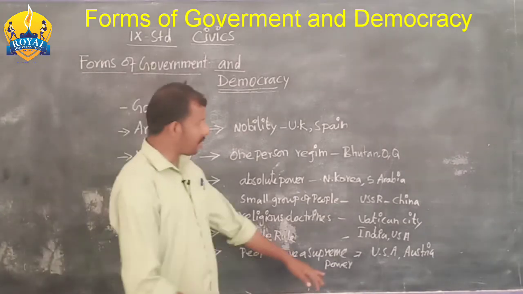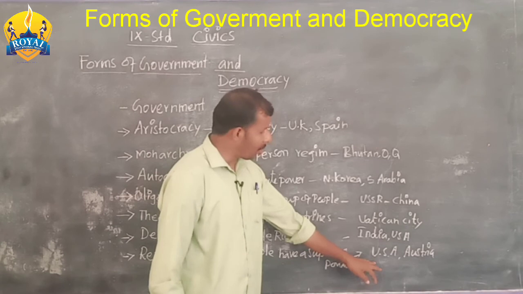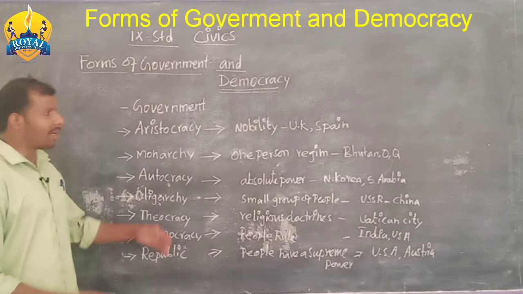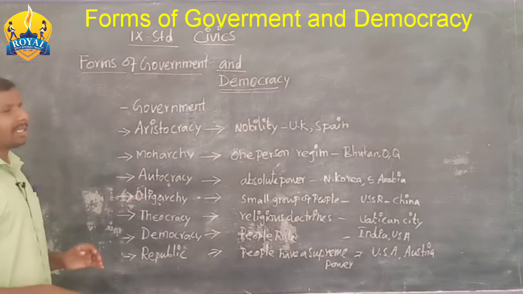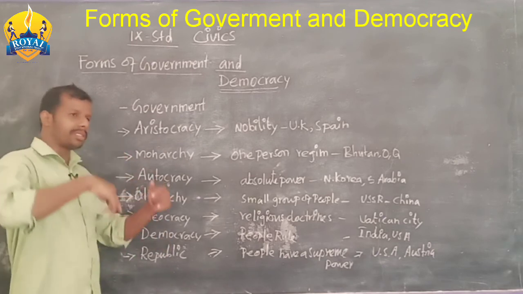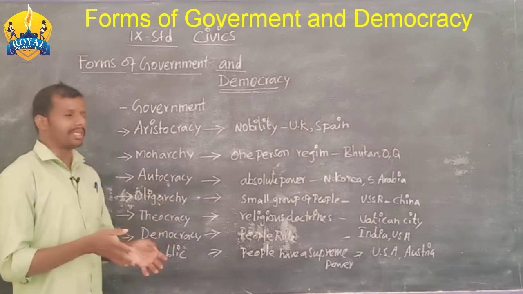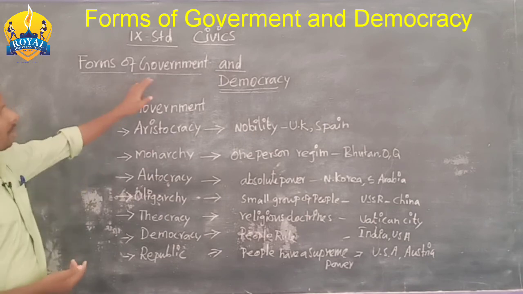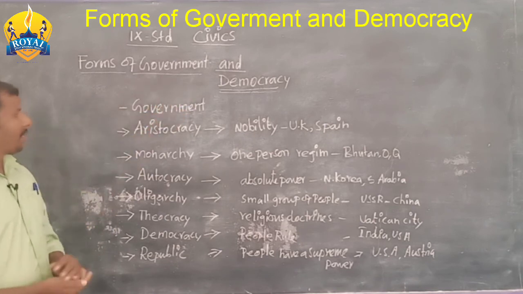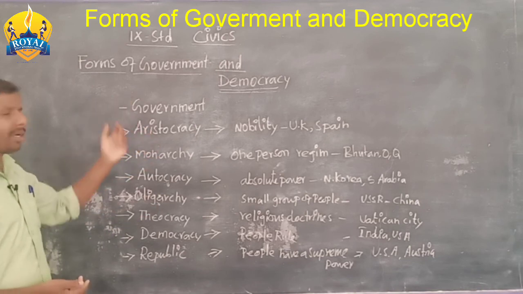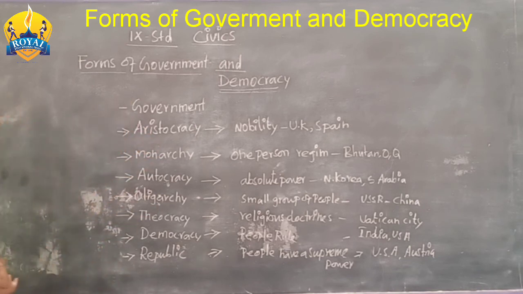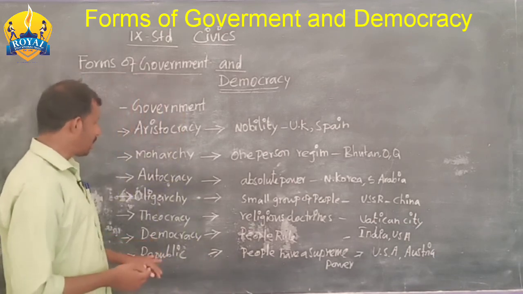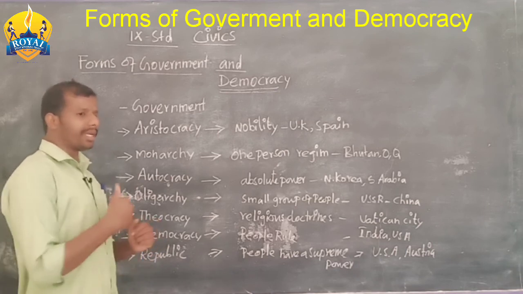The republican form of government is followed in the USA as well as Austria. Okay, so these are all the forms of government that have existed. Some of them are extinct, a few are still existent. In this class we have to learn about the forms of government and democracy. In it we will discuss what is government, what is aristocracy, monarchy, autocracy, oligarchy and theocracy, then democracy and republic. Okay, next we are going to discuss